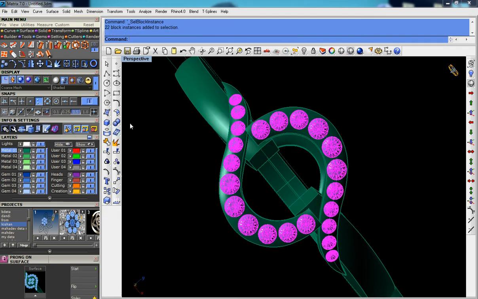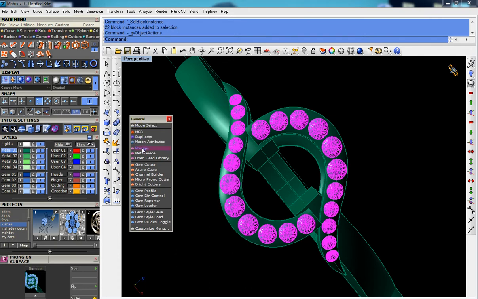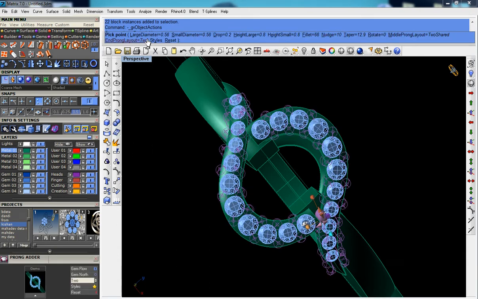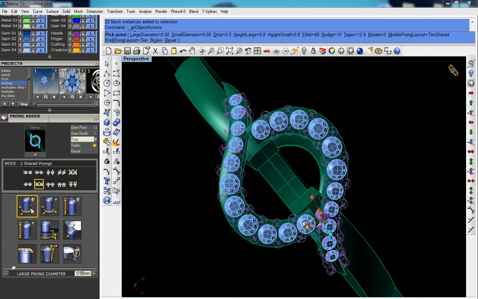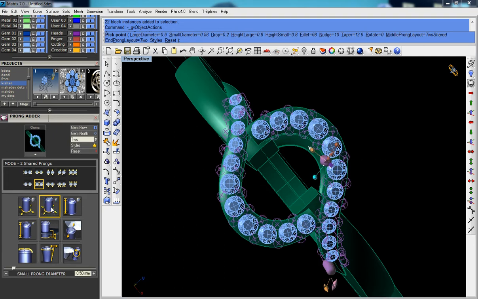Select the diamonds, click F6, so prongs. Now give it a diameter 6, small prong 0.4,